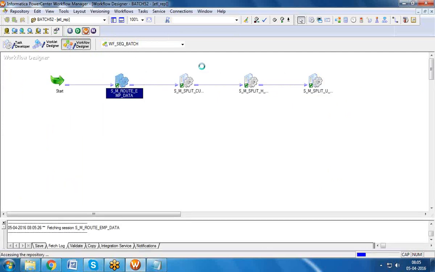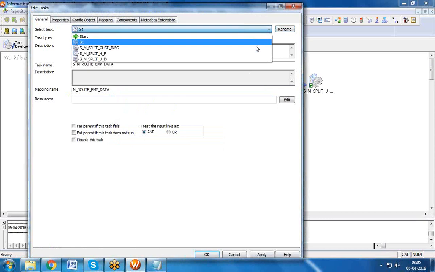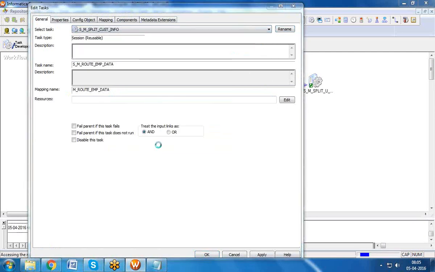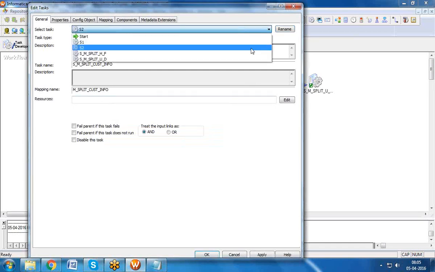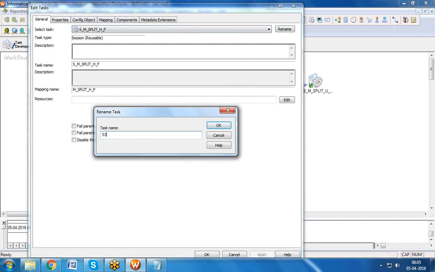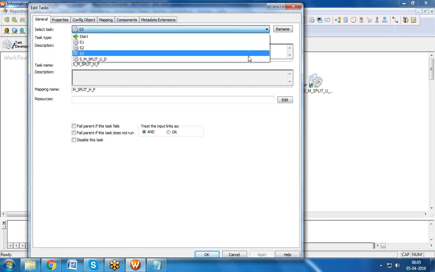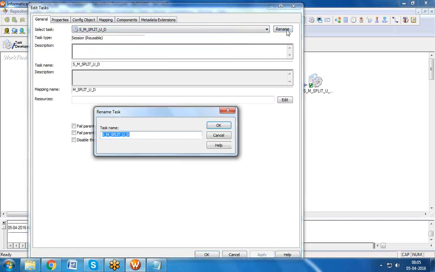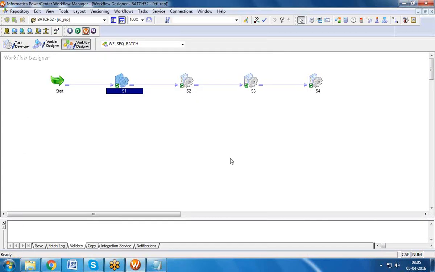Let me rename it as S1, S2, S3. From one session, you can access another session in this way. This is called sequential batch.